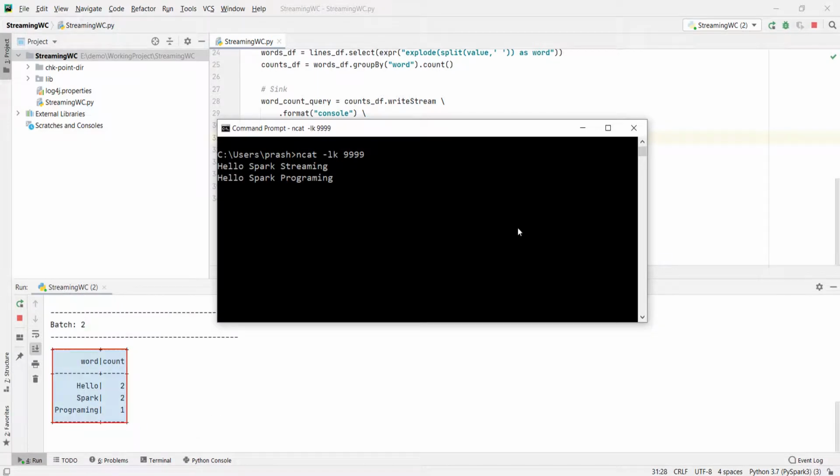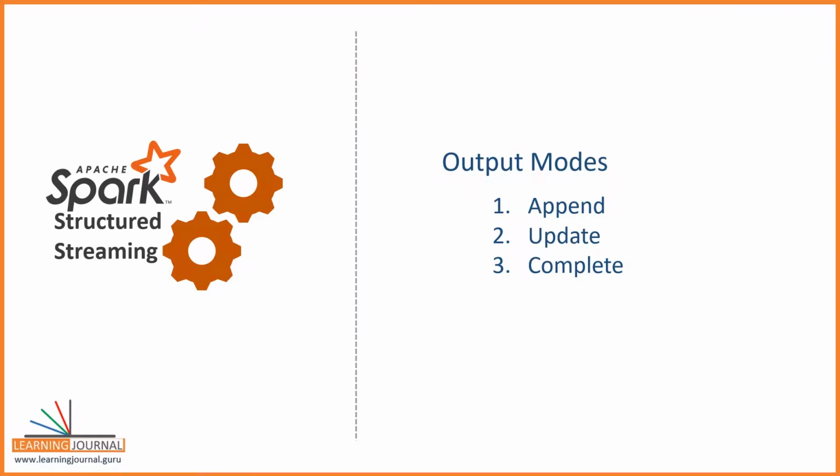It worked as expected, right? So these modes allow you to decide the type of the output that you want to see. You should be using the complete mode when you want to see and override the full result. You will be using update mode when you want to see updated and new values only.